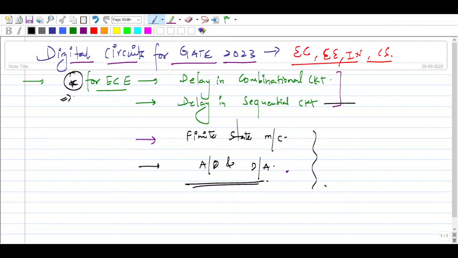We have to discuss timing specifications mostly, such as setup time, hold time, and setup and hold time violations. How can you avoid setup and hold time violations? In the ISRO exam also, if ISRO gives the notification in future, this subject is going to be very, very helpful for you. So let's begin directly with the topics.